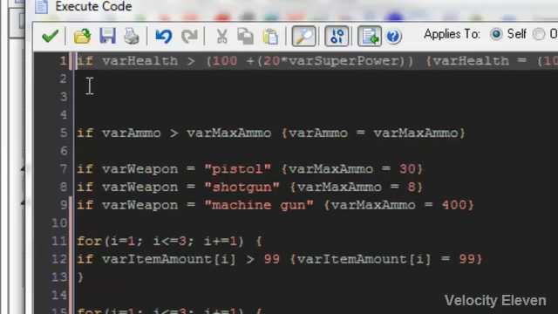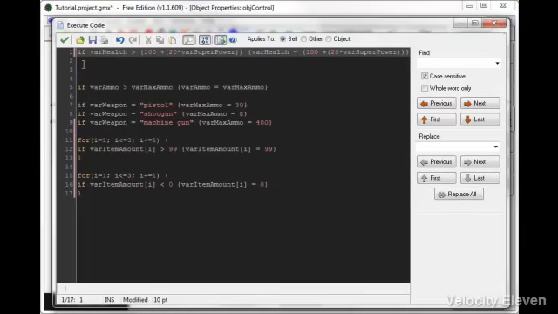Now there is one big use of comments other than this, which is very useful. Say you are testing a bit of code and you want to run the game and you find something and it's not quite working the way you want it to. Say my item limits aren't working.